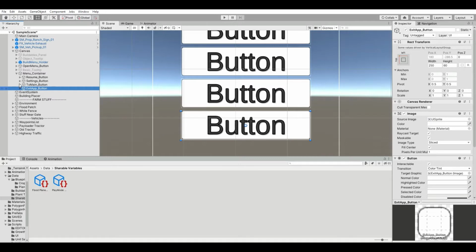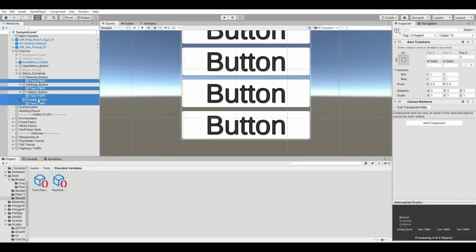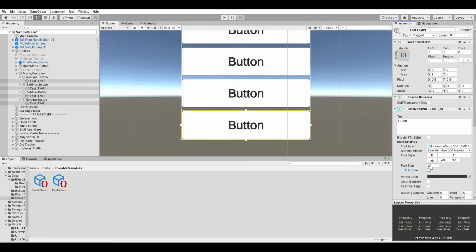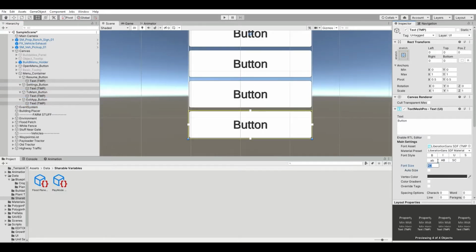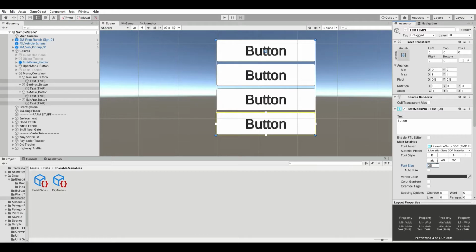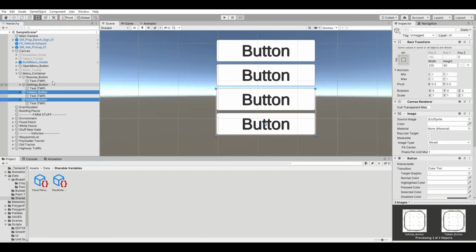Okay, so we'll change the text on all of these. And actually I want all of my texts, I don't want them on auto size, I'll actually want them all to be the same size. 36 is too small, let's say 42 is good. Okay, and now,